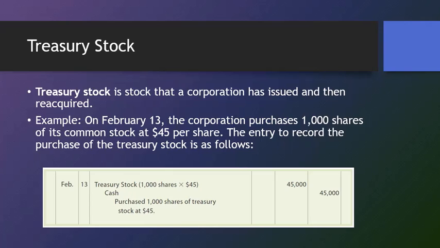Okay, now we talked about this a moment ago, treasury stock. This is when a company buys back their own shares off the open market. Okay, so these are shares that have been issued to shareholders, but the company decides to purchase them back. There are a variety of reasons that a company will sometimes purchase back treasury stock. One of the most common reasons is simply that they have extra cash on hand and they feel like their